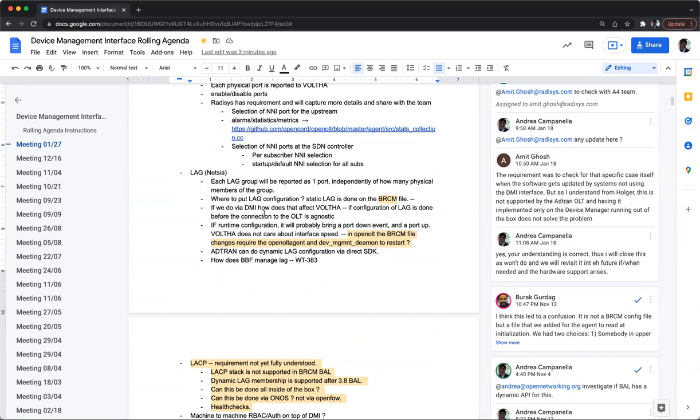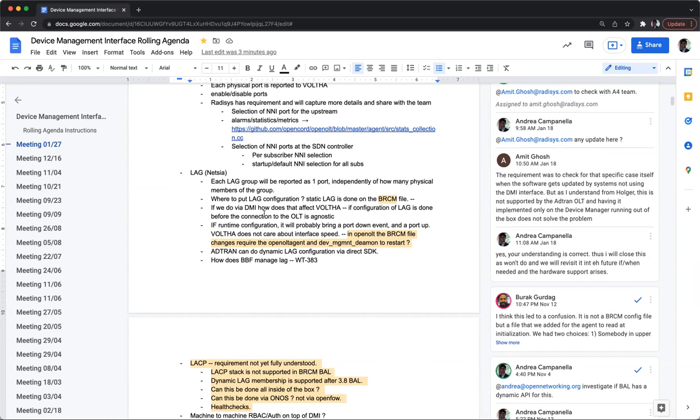advertising exactly all the requirements for the LAG and LACP. I think, as usual, it is something that they like, but have not yet fully committed to work on, or even fully understood exactly what the requirements from the operator are.